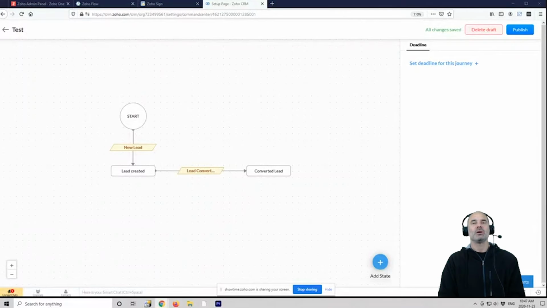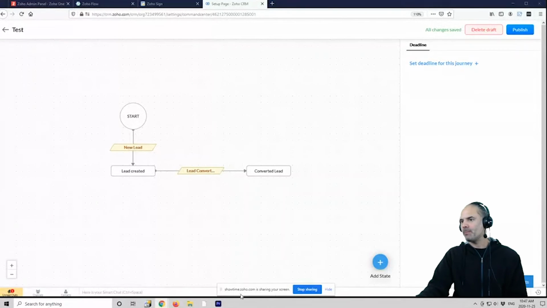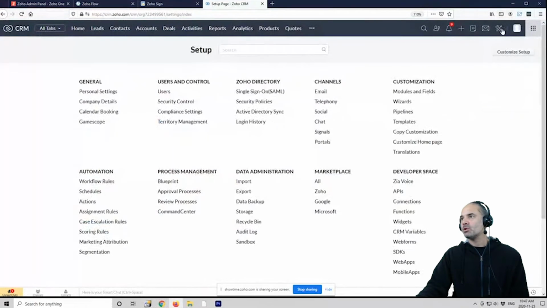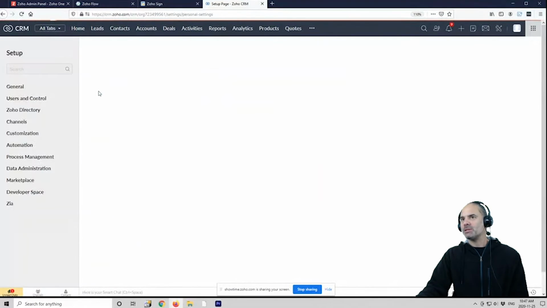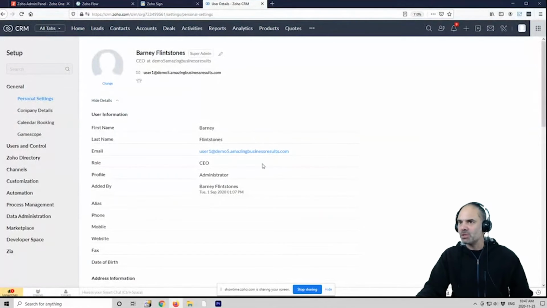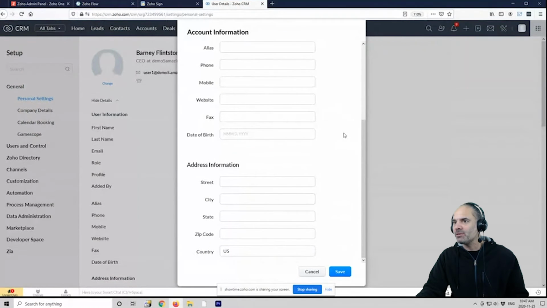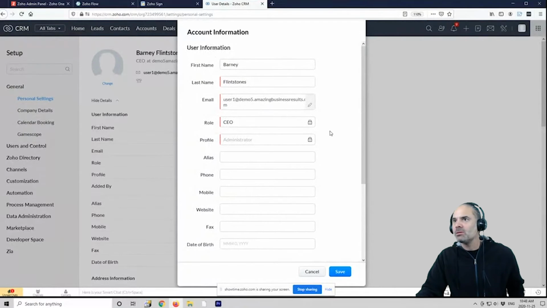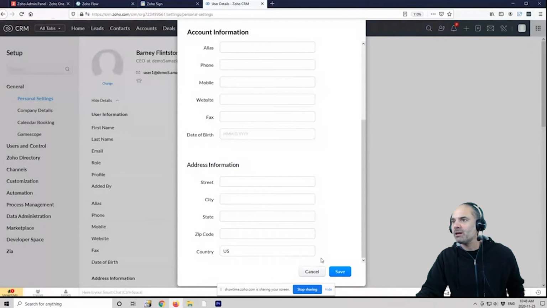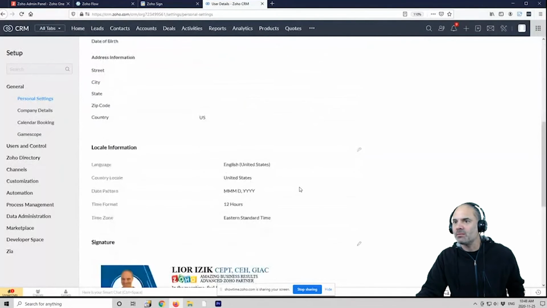In French. Yeah, there is a way. Let me just show you. So when people have their personal settings, in the personal settings, there should be a way to have personalization. Email, profile. I need to find it.